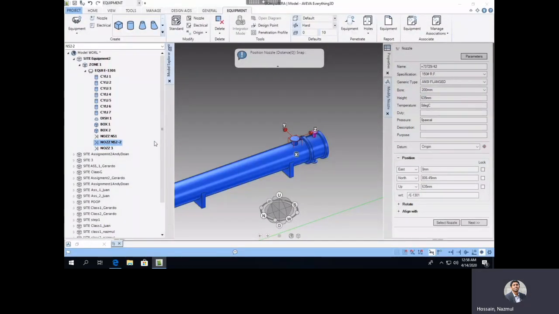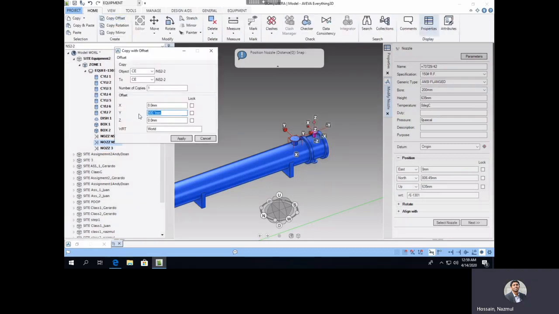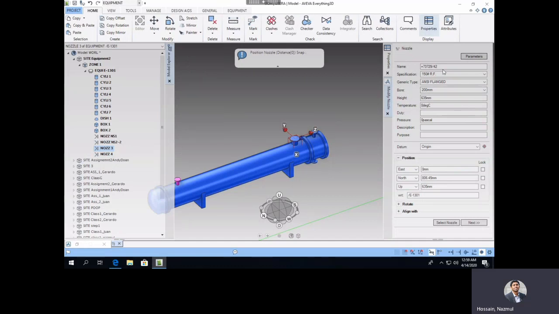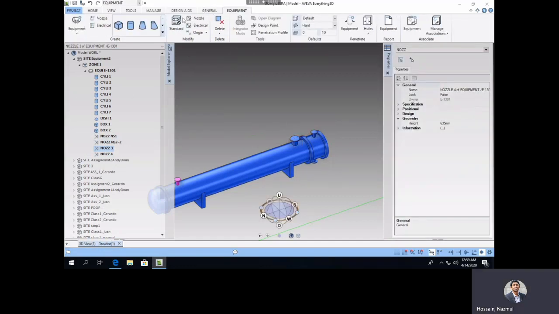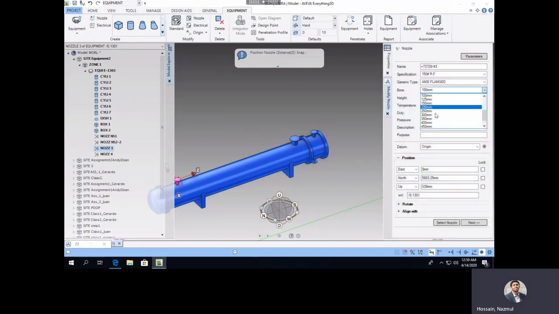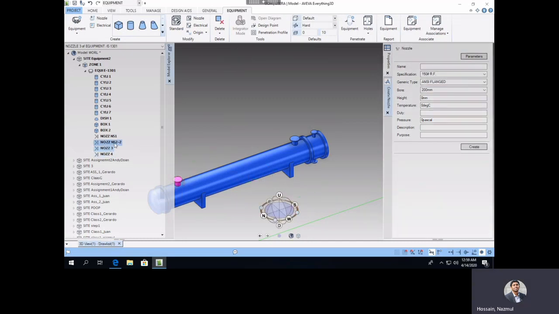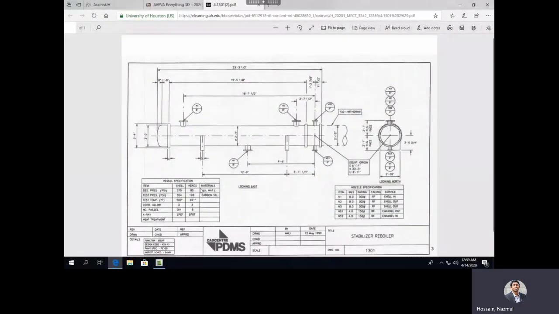So I'm going to do the same procedure. I'm going to select the NS2 and then do a copy offset along Y direction by 18 feet 7.5 inches. Apply. Yes, keep the copy, and then modify the nozzle. So this is 200 millimeter. Finish, and I'm going to select the NS1 because the only thing left is this nozzle, which is aligned with